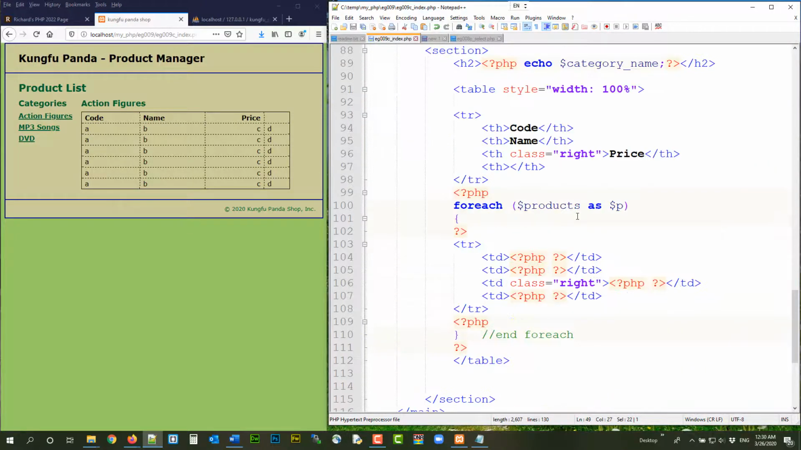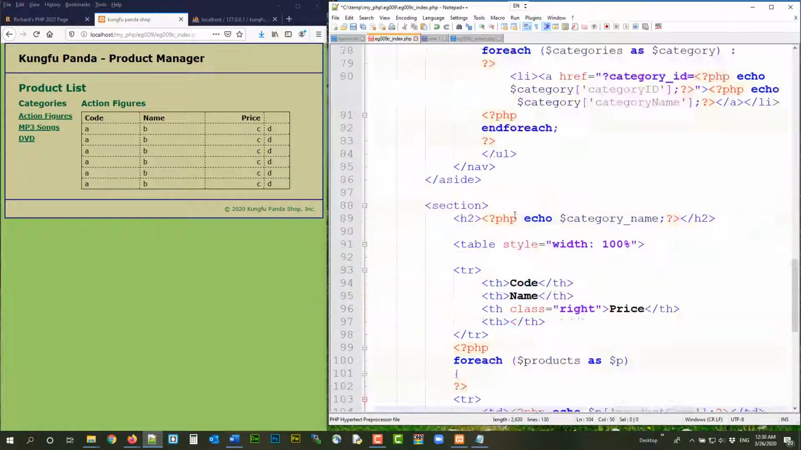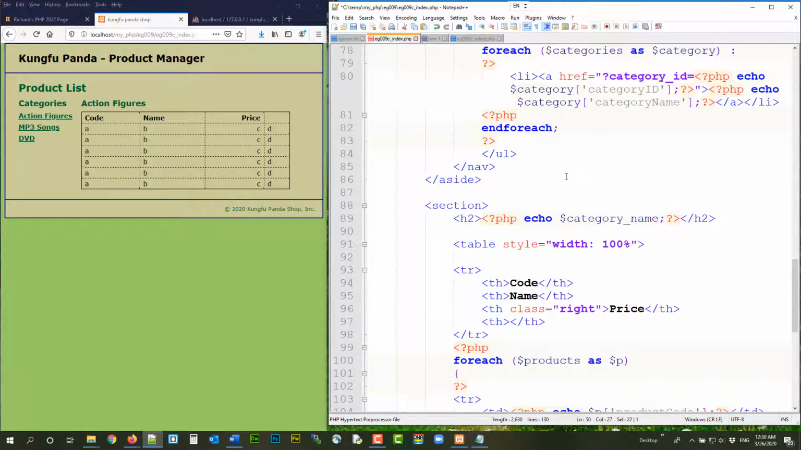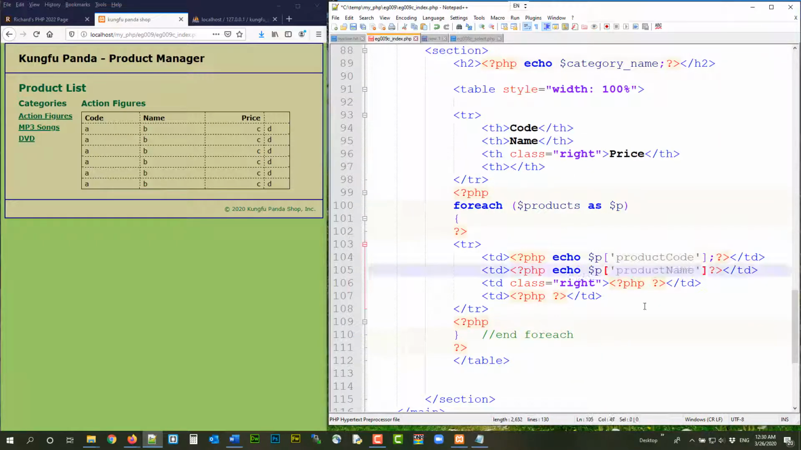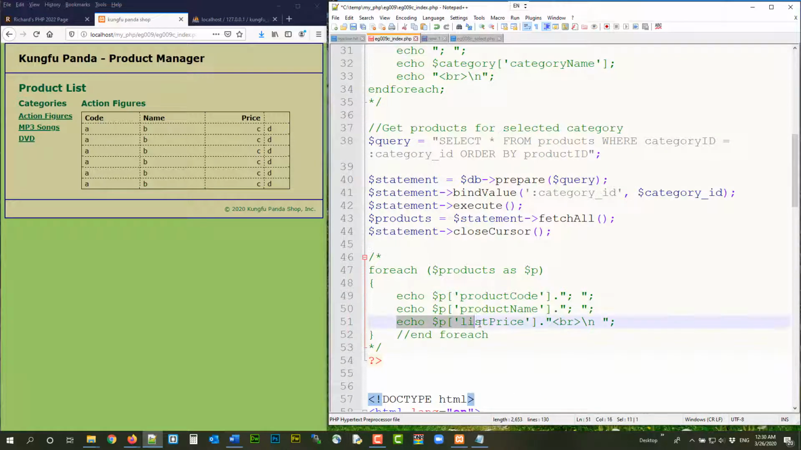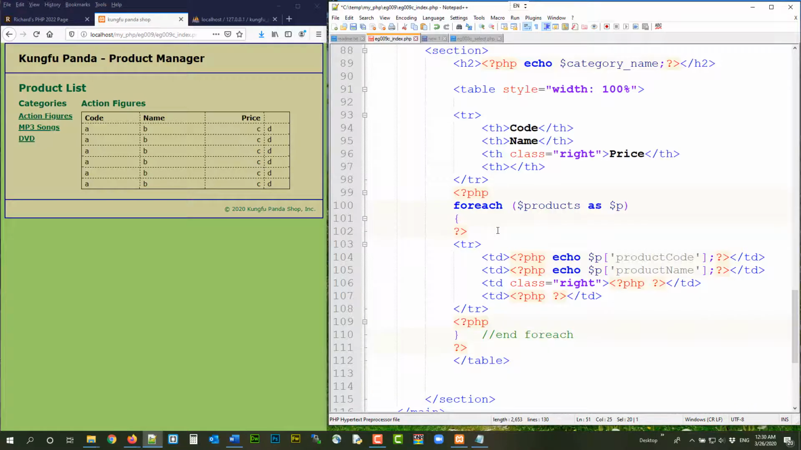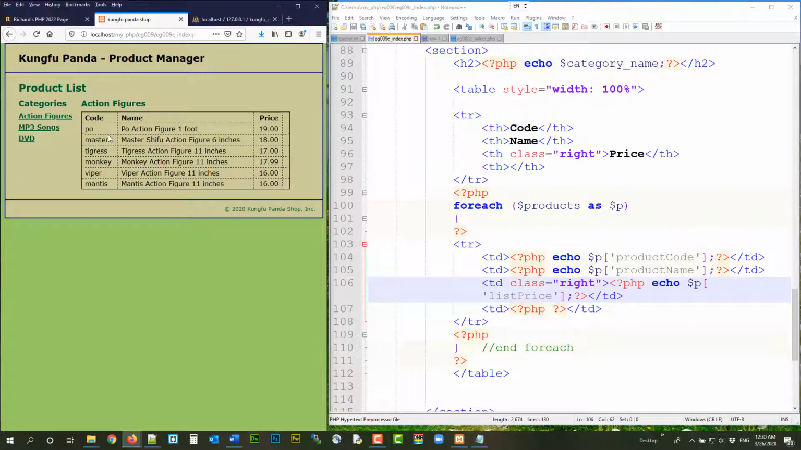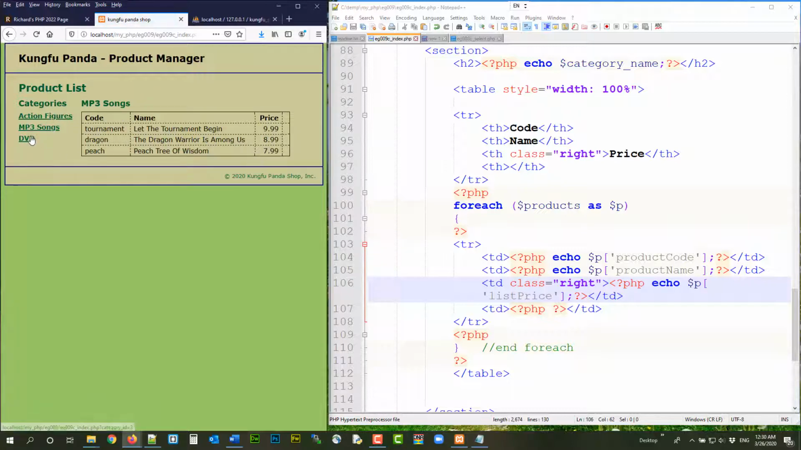Copy. Paste, semicolon. Actual name. Copy. Paste, semicolon. Actual price. Copy. Paste, semicolon. Reload. Okay. Easy, right? Action figures, MP3 songs, and DVDs